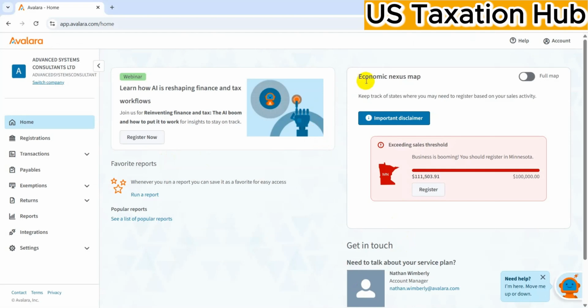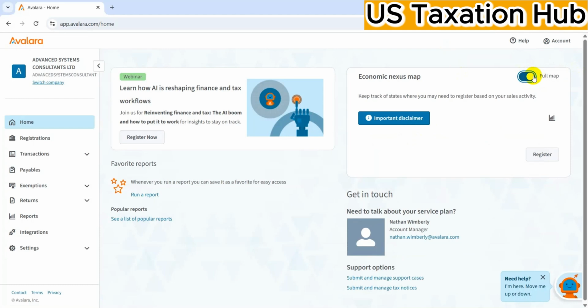Now, on the first screen, you can see that there is an economic nexus map. Here you can see for this particular client, for this particular entity, it is saying that business is booming, you should register in Minnesota. So here I am meeting the nexus for Minnesota. I can register through Avalara, or if I'm not using the Avalara service for registering and collecting the sales tax, I can go and register myself with Minnesota. If I click full map here,